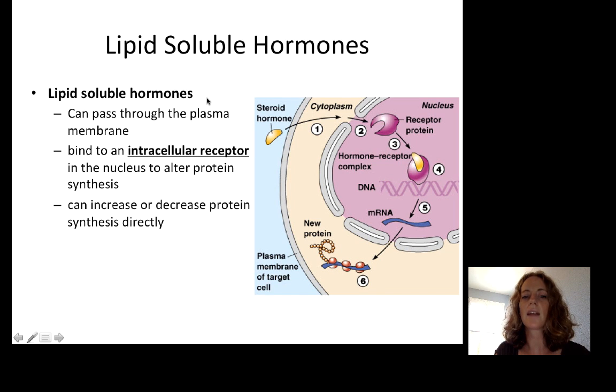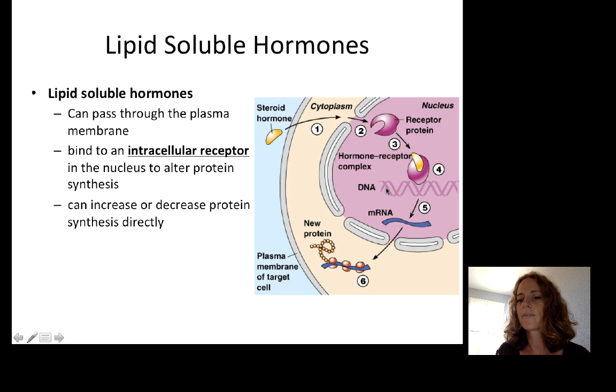Lipid-soluble hormones, on the other hand, can pass right through the membrane. Look how easy that is. I'm sure the water-soluble hormones are jealous, right? So these lipid-soluble hormones can go right through the lipid bilayer, pass into the cell. They can also often pass directly into the nucleus and interact with some complex inside the nucleus. We call that the hormone receptor complex, or an intracellular receptor interaction, and that can cause changes directly to the